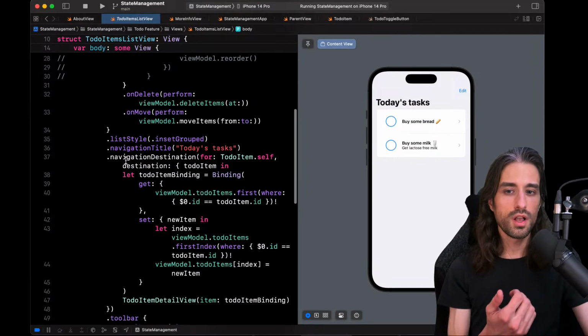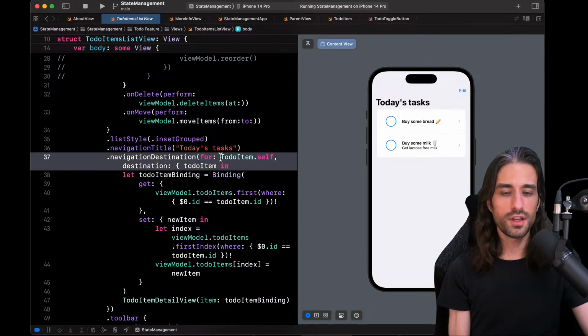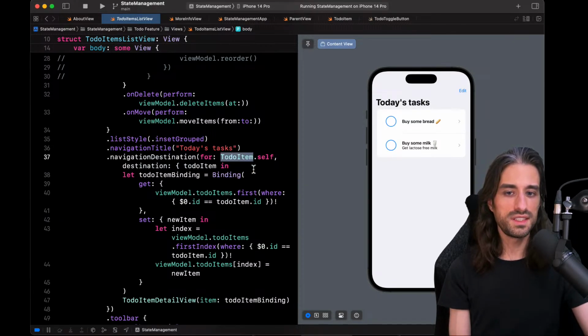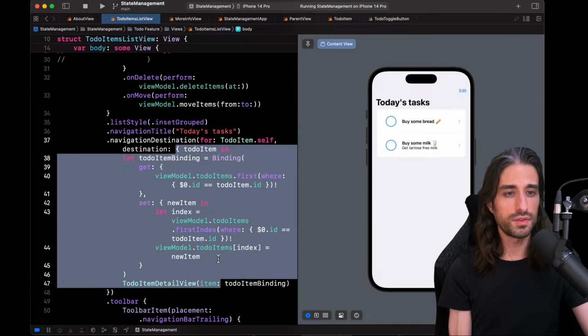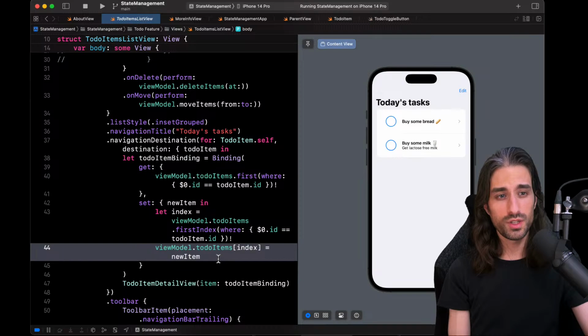It's built through a closure that we provide to the modifier navigation destination, which allows us to say, okay, when data of this type is provided, then I will display this view. We saw that it was something added with iOS 16 to add this much needed decoupling of the navigation.